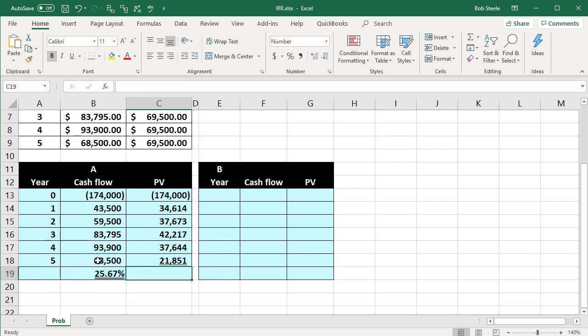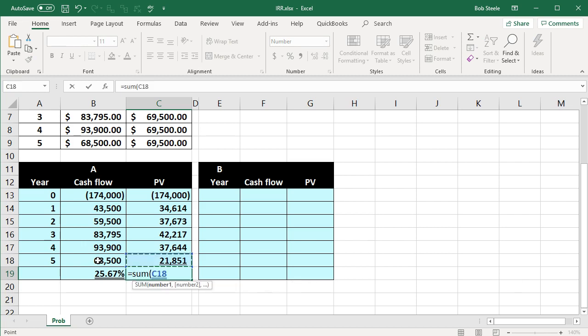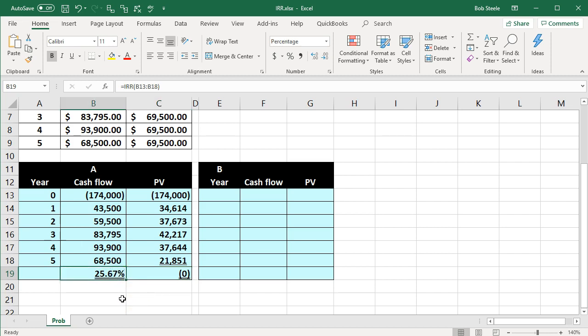Then if we sum that up, equals the sum of our flows, we get 0. And that means that this project is getting an internal rate of return of 25.67. So in other words, if we wanted to think about the net present value at what we think the discount rate should be, time value of money, then we could pick some